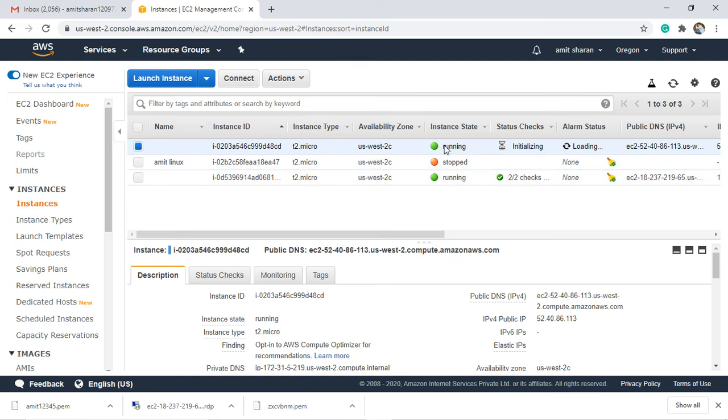When it shows running status and 2 by 2 check, after some time it shows the 2 by 2 check status, which means that your instance is ready to launch. Your virtual computer is ready to launch.